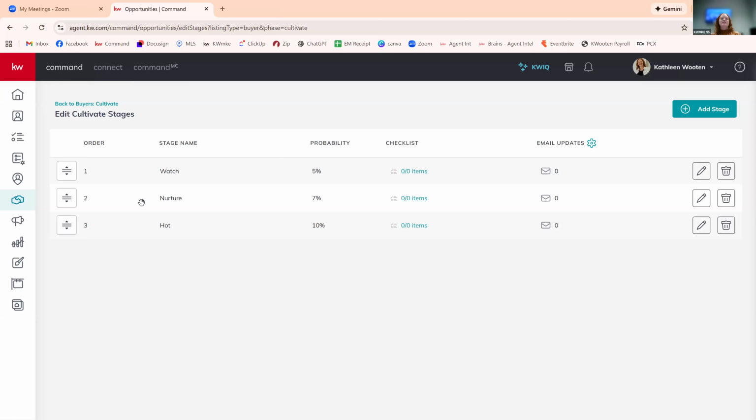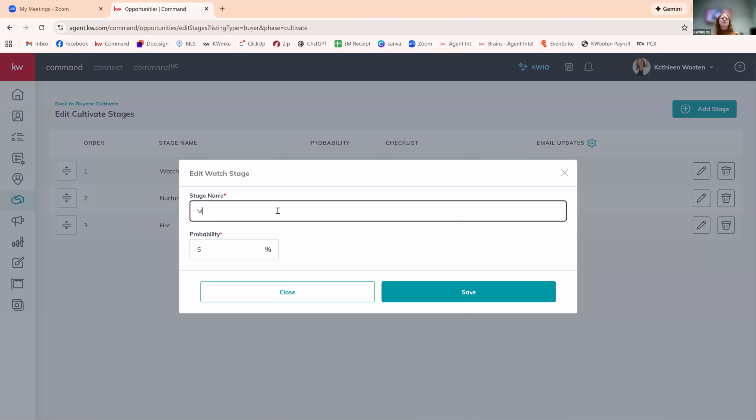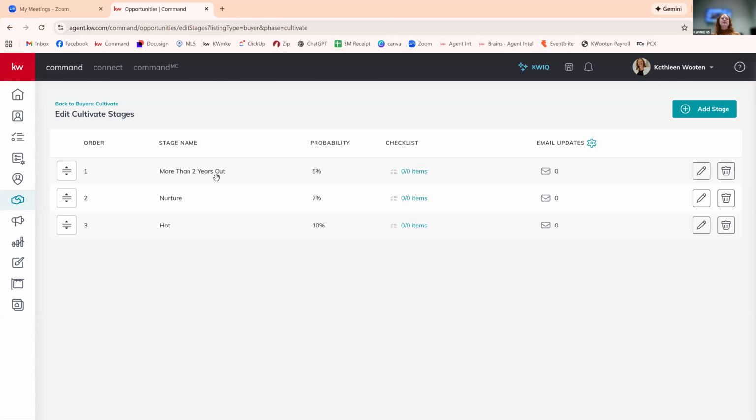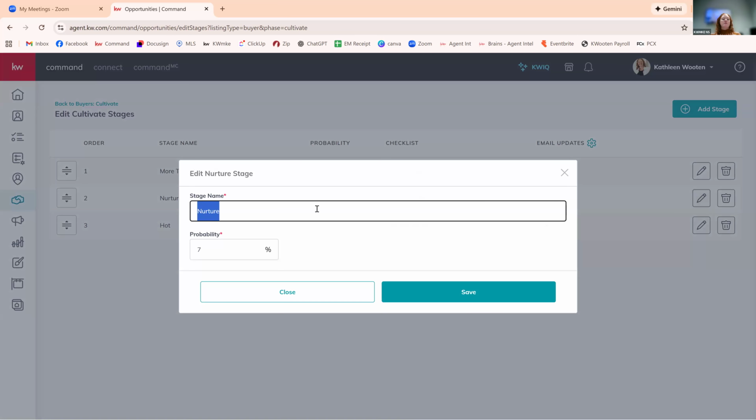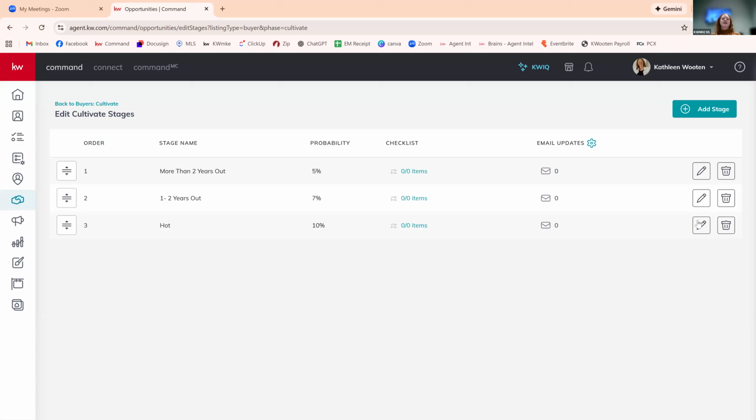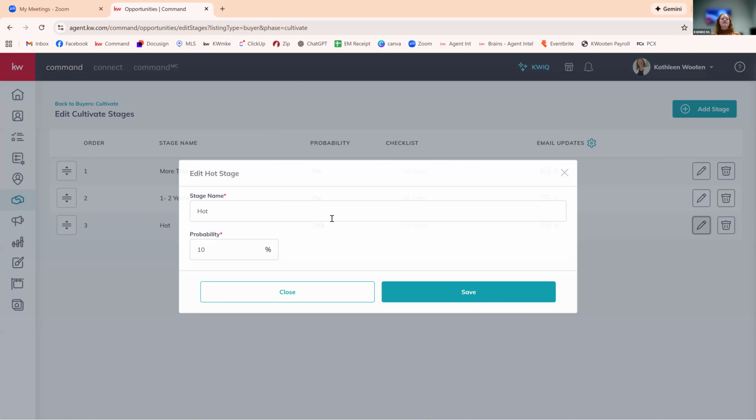So for me, in this cultivate stage, I don't necessarily know what watch, nurture, and hot mean. So I would change those names to something a little more impactful, I think, in timelines. So I would do something like more than 2 years out. The nurture, I might say, call that 1 to 2 years out. And for hot, I might make that